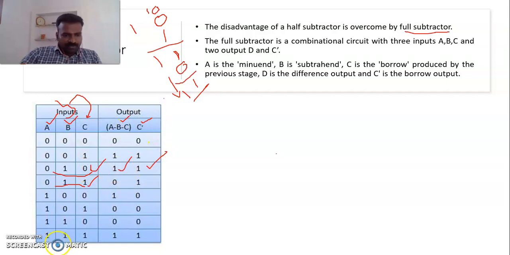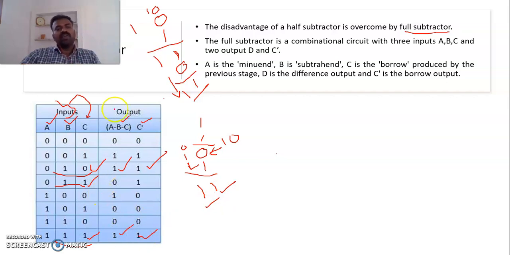Okay. Similarly, let us take the last combination, 1 1 1. A minus B is 1 minus 1, which is equal to 0. There is no borrow. Now C value is 1, so here 1 will come. So 0 minus 1, we can't subtract, so get the borrow 1 here. So now this 0 becomes 1 0. So 1 0 minus 1, the answer is 1. Already we got a borrow, so borrow is 1. So difference is 1, borrow is 1. Have a look at this. Difference is 1, borrow is 1. In this way, we are going to fill this truth table.